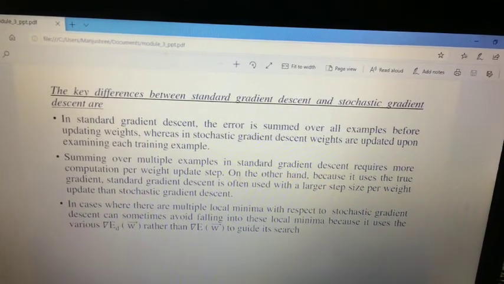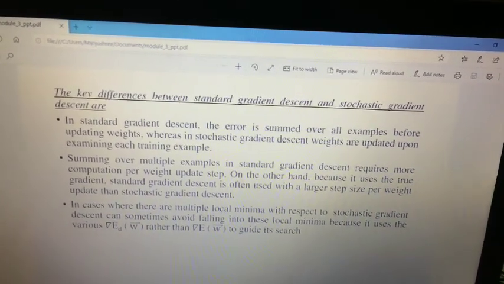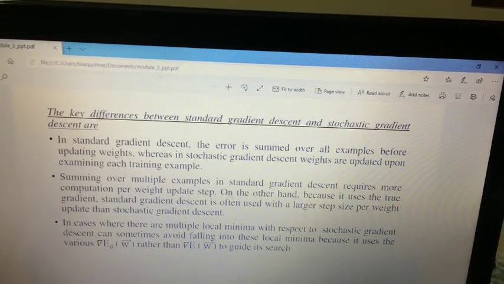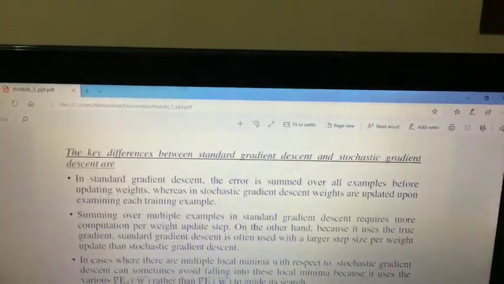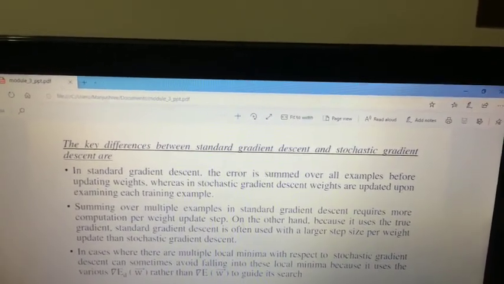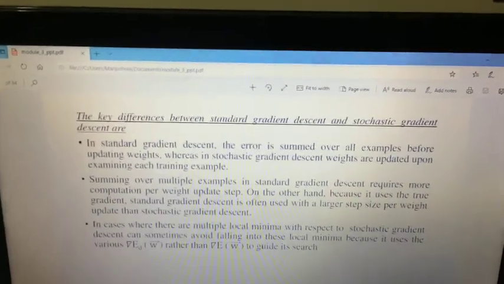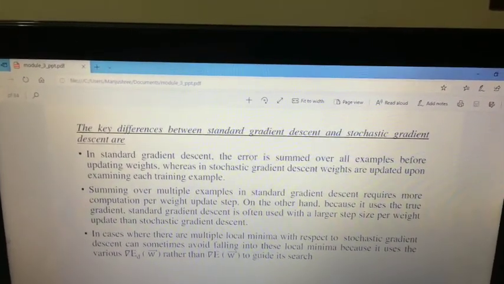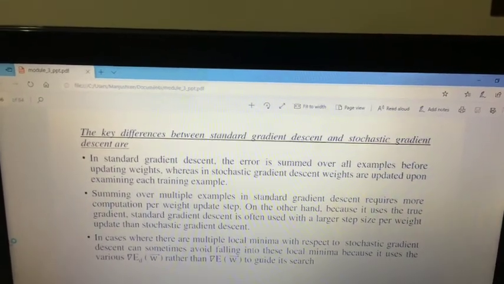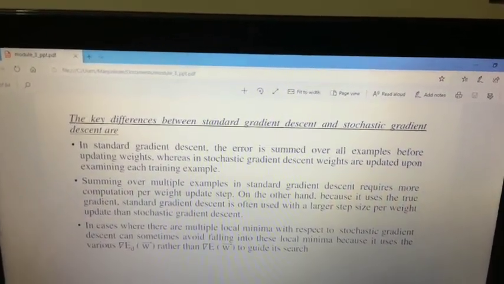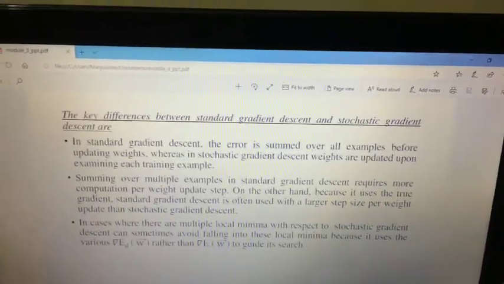Next, the second difference is summing over multiple examples. Standard gradient descent requires more computation per weight update on each step. Since it has to perform the computation for all the samples and then calculate the sum of the squared errors, it is going to take much more time.